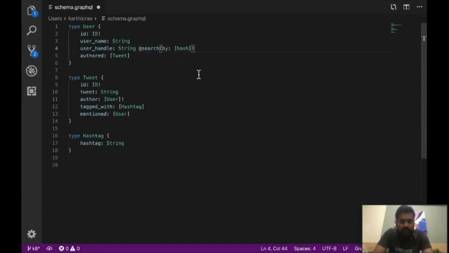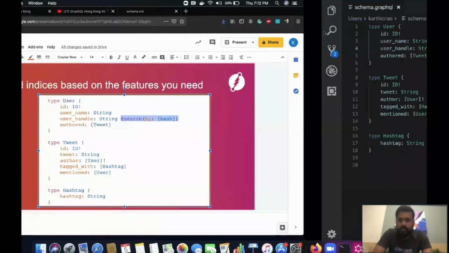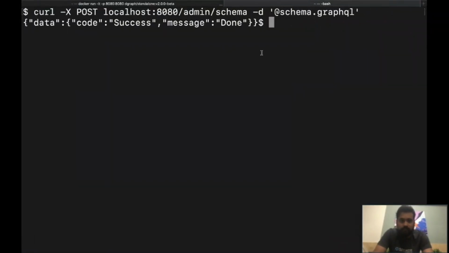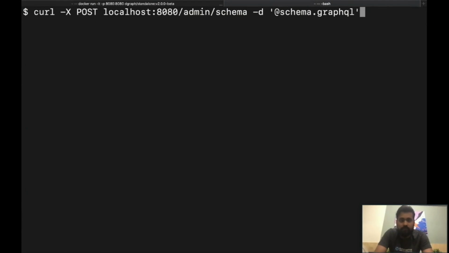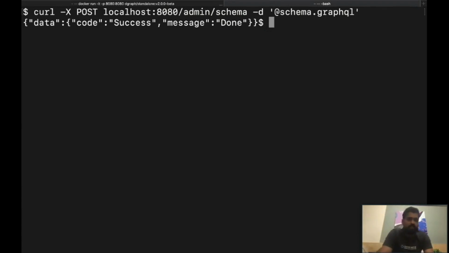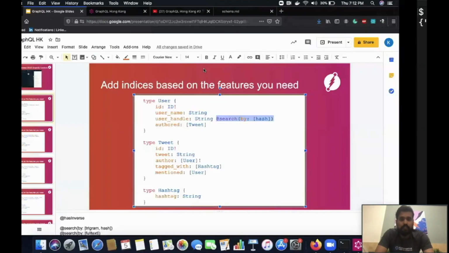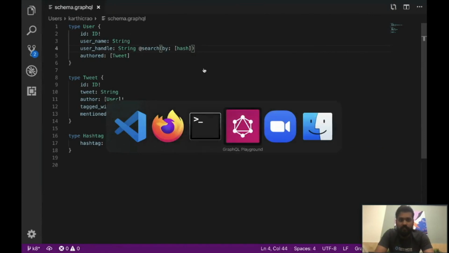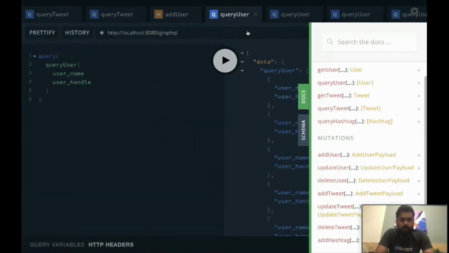Let's add this, save the file, and resubmit the schema file to dgraph. Okay, so this is successful. So now, just on adding a simple directive, you would be able to